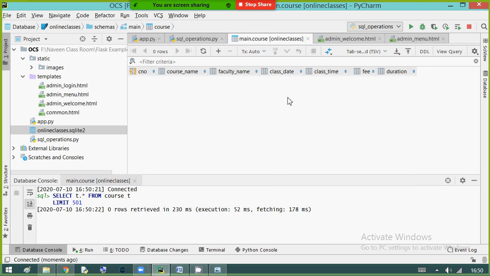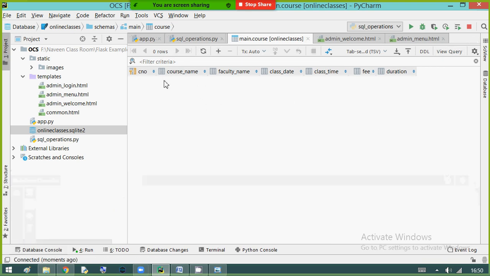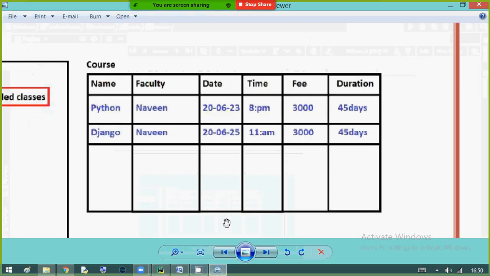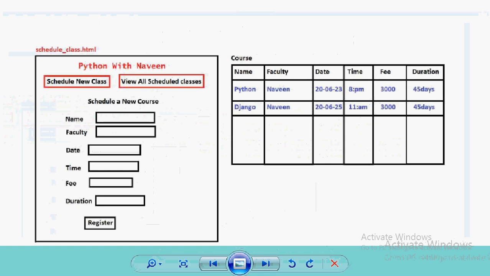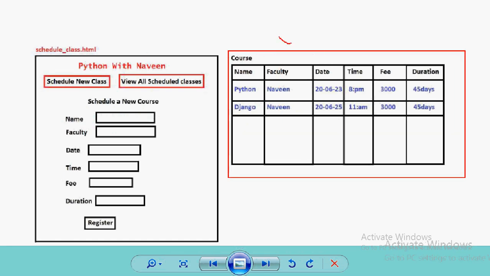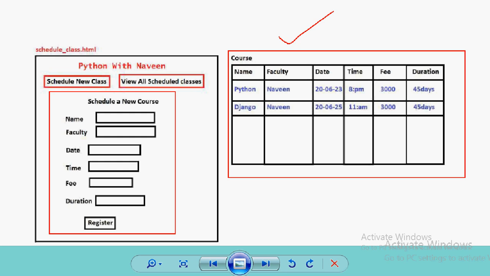Successfully the table is created. Guys, the table is ready and this part is done. Now we need to design the form. On submit, we need to save into the database.